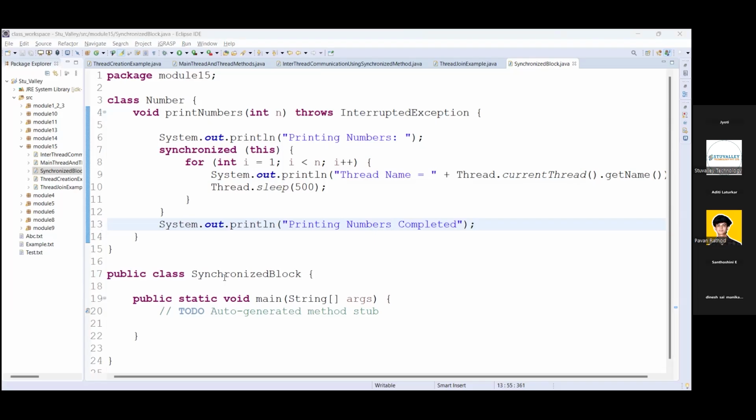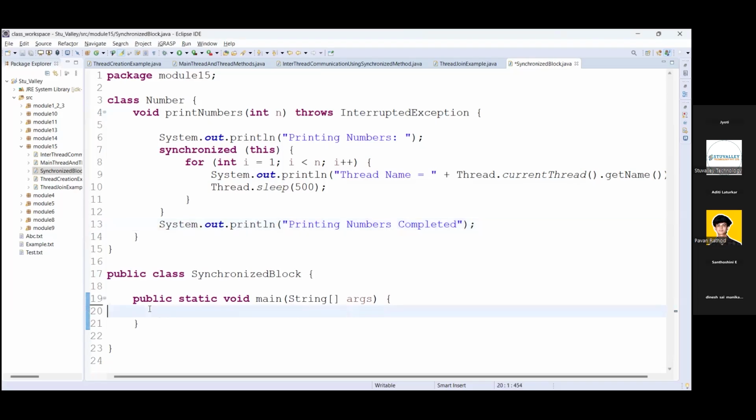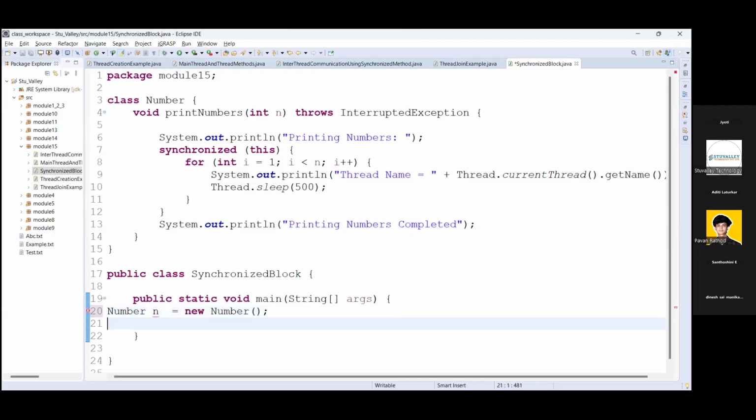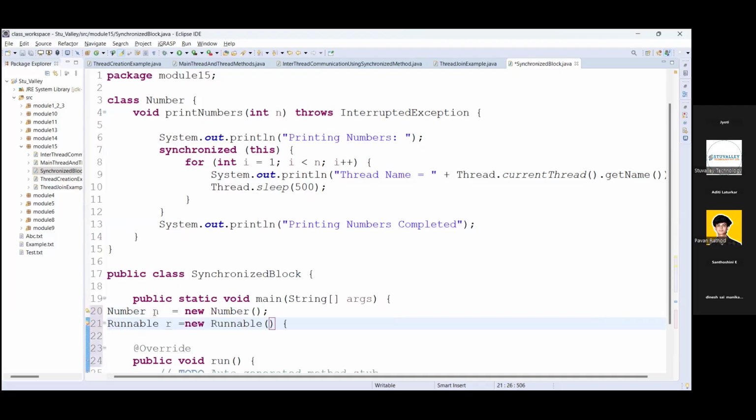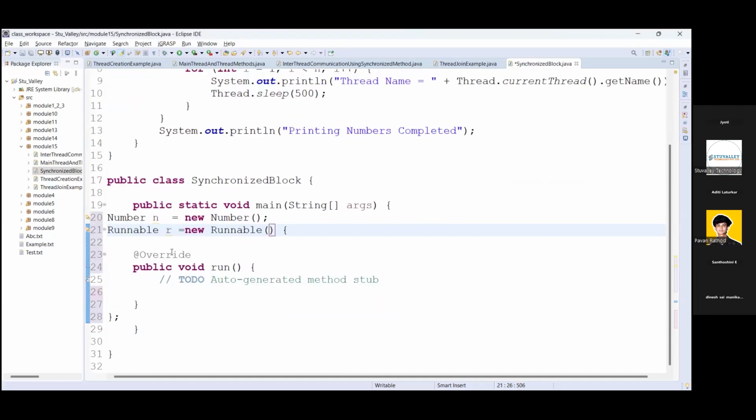Now we will create an object of this class, Number n equals new Number. Now we will create the Runnable interface reference also for thread implementation. New Runnable, provide the implementation to the run method.